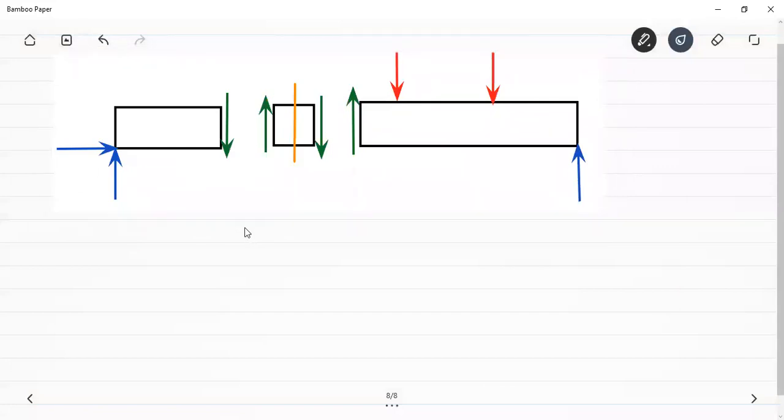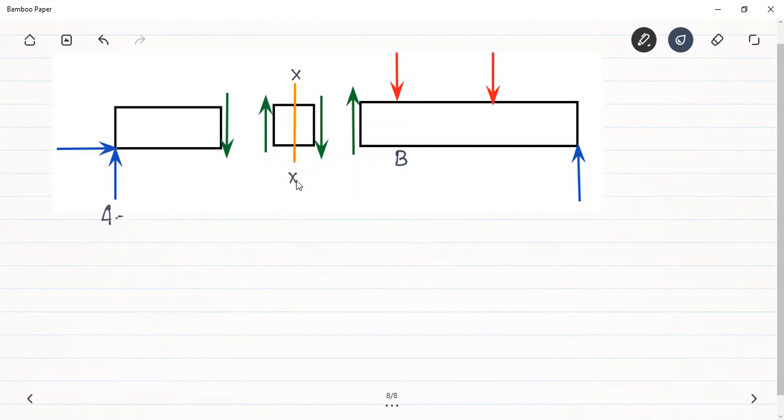See, this is the first section. I had discussed all the three sections. Now I'm coming back to the first section. The first section I had taken between which points? A and B. This is A. This point was B here. I had taken a section between A and B in the first case, and this is the section XX.